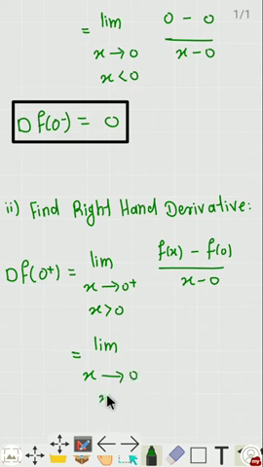In this case x is greater than 0, so when x is greater than 0, f of x is x square, and f of 0 is 0, divided by x minus 0,